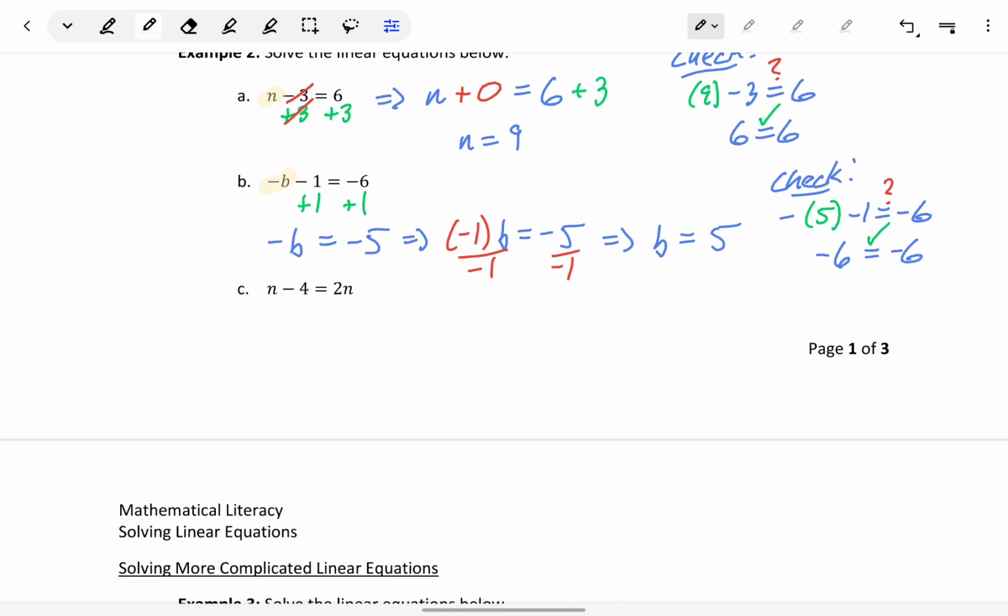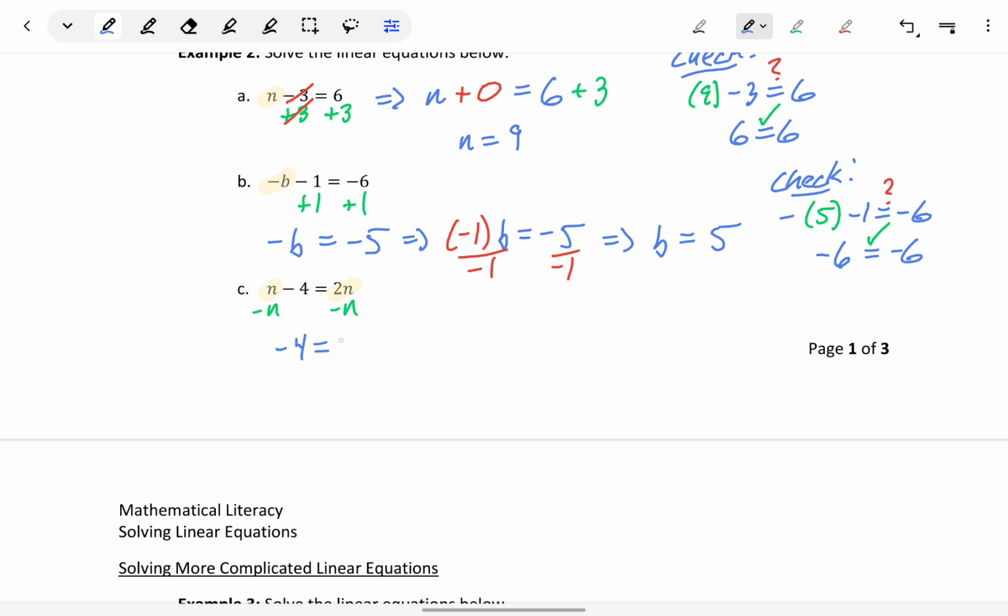In part C, we have an additional step to take here, because now we have a variable term on each side of the equation. So we'll start off by subtracting n from both sides of the equation. We could also subtract 2n from both sides of the equation. It doesn't matter which direction we do this, as long as all of the variable terms end up on one side of the equation. So this will leave us with negative 4 is equal to 2 minus 1,